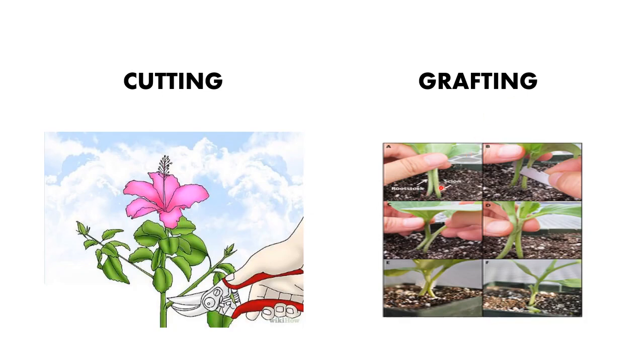In this we are using two different plants. The plant part which is in contact with the soil, which you are seeing here, will act as a stalk. The other part will act as a scion, which will be the upper part. Here the stalk of this plant and the scion of this plant are joined together, and from it a new plant is grown. This is a method of grafting, and we use it in horticulture for growing fruit plants like citrus, mango and apple.